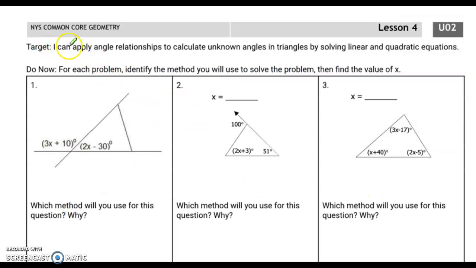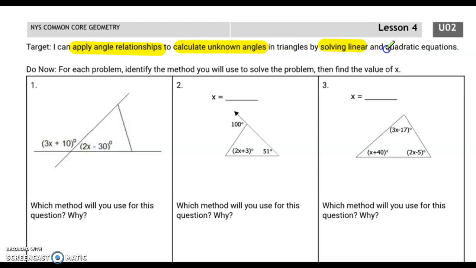The target is very straightforward. I can apply angle relationships. Those angle relationships are the triangle sum theorem, the exterior angle theorem, supplementary angles, complementary angles, that kind of thing. The objective is going to be to calculate unknown angles. Most of these problems are going to have unknown angles in terms of x in triangles